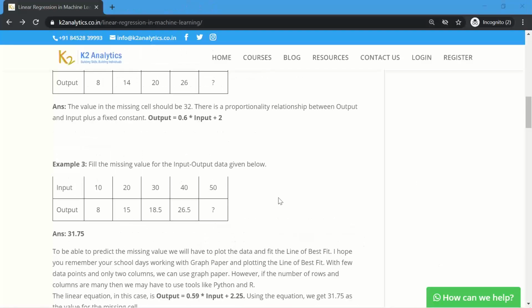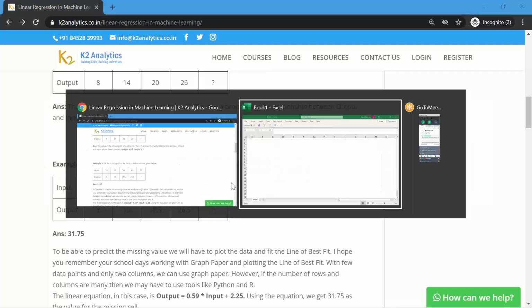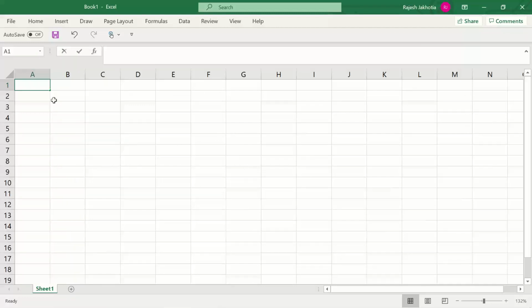Let me explain how to go about solving this. So what I'll do is I'll copy these details in Excel. So here there's an input and there's output. We have the values 10, 20, 30, 40, and 50 is not available, so I'll just put 50 here and leave a space.